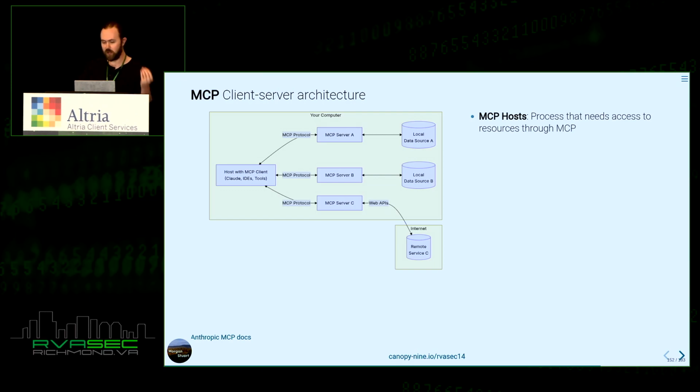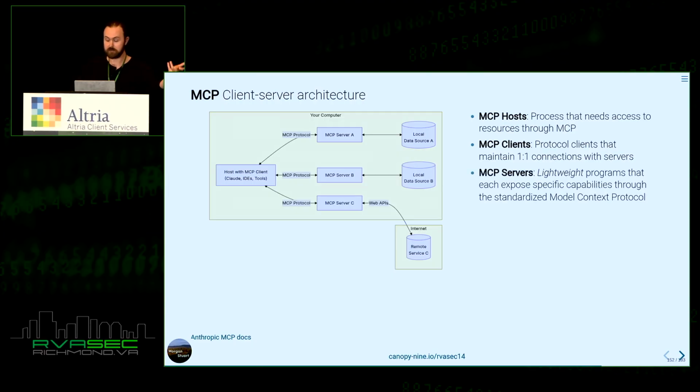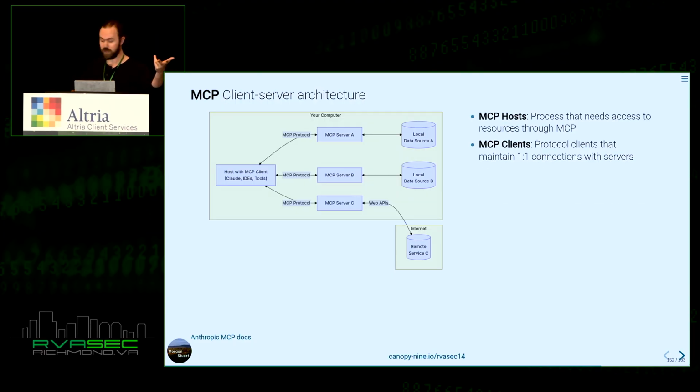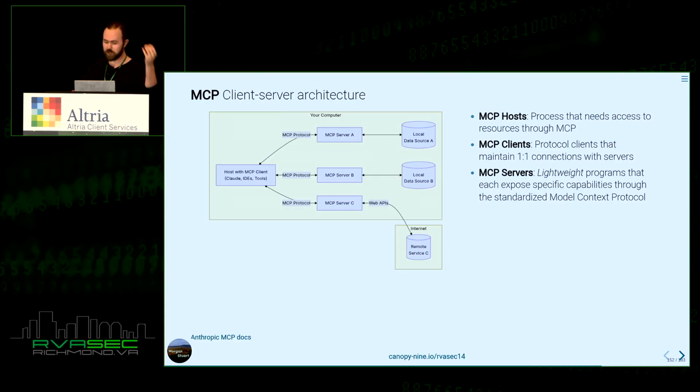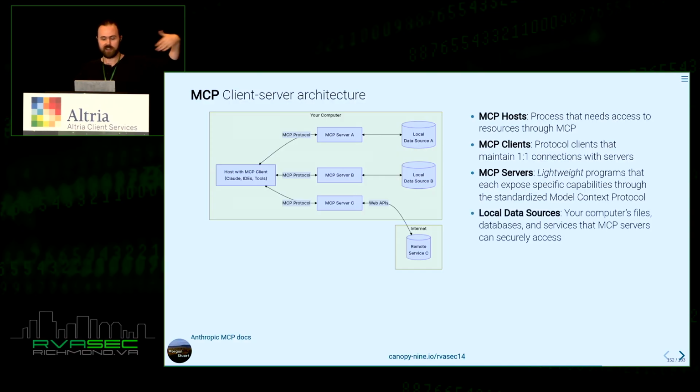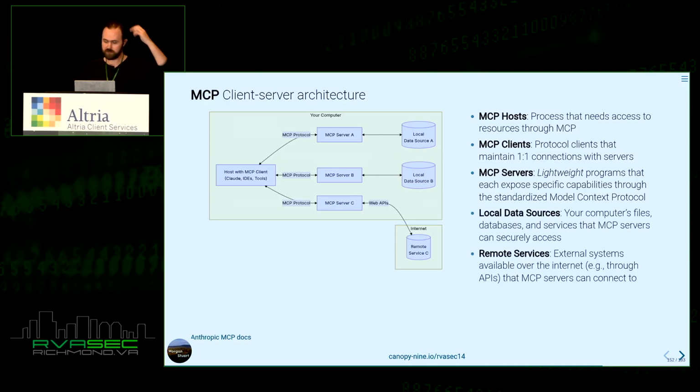So the MCP host is the process that needs access. This is the thing that's actually got the LLM or is interfacing with the LLM. The MCP client is the piece that actually connects to the MCP server, and that's on the MCP host. And the MCP server is where you have all your resources, your functions, and your tools, and things like that, and will either make the call itself or interface to the service, or whatever the actual tool is. Of course, you have local data resources and remote data resources.